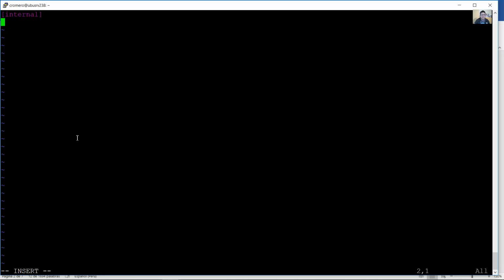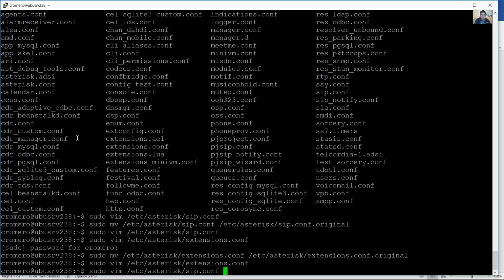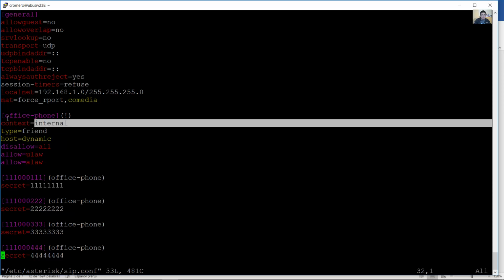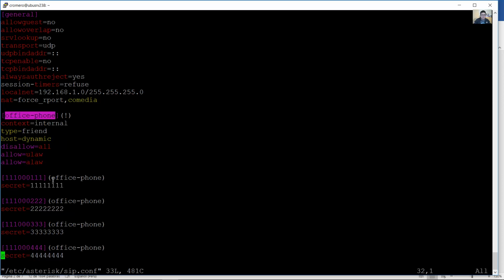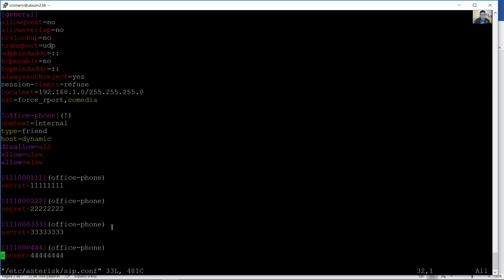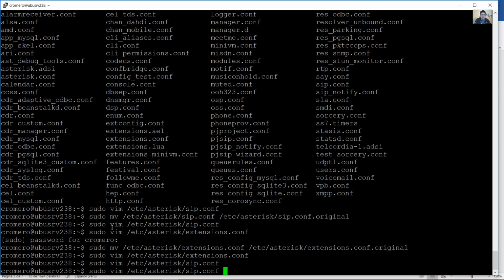Okay. Escape key, colon WQ. Write and quit. Access the sip.conf file, and remember this, the context internal on this template. Okay, and also this template is used by these devices. Okay, colon Q, WQ, configure extensions.conf file,